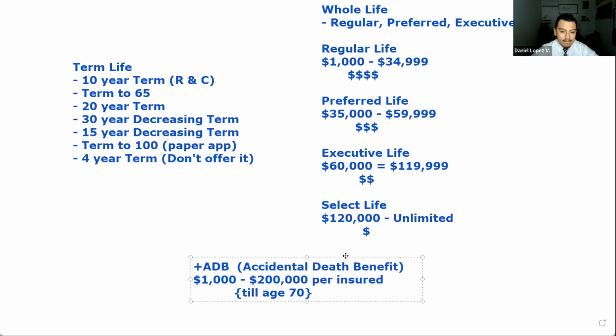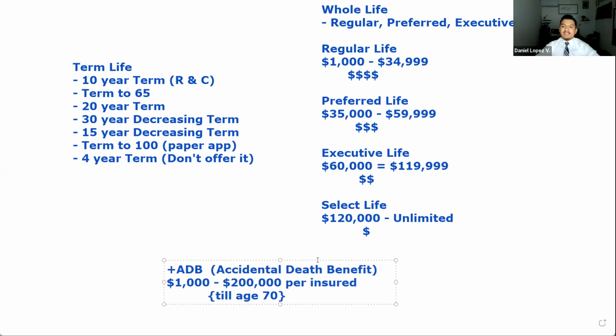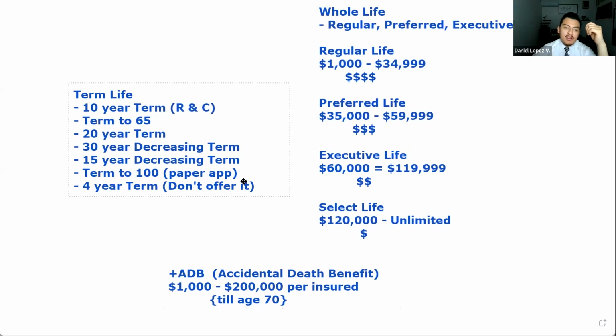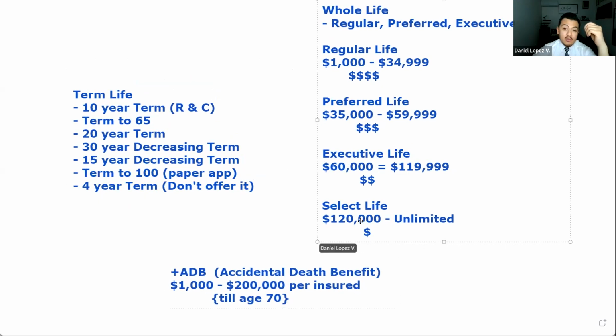Okay. Yep. So if someone has ADB at age 70, they're going to receive a letter that says, hey, we're going to remove ADB and your policy will go down approximately $8. Do we disclose that? I've never heard you mention that in a presentation, so we don't say that. No, we don't disclose that. If you want, you can.